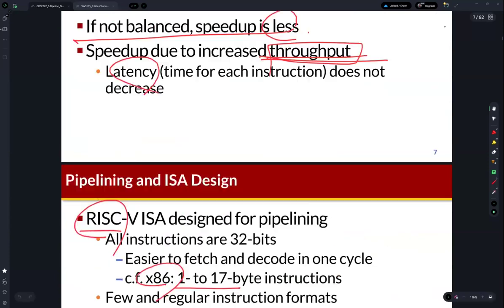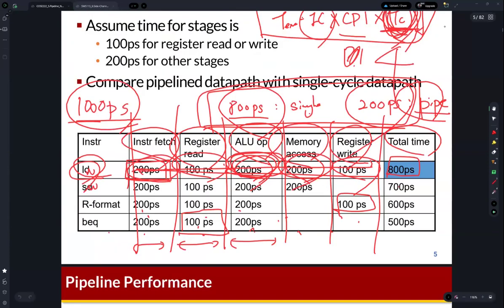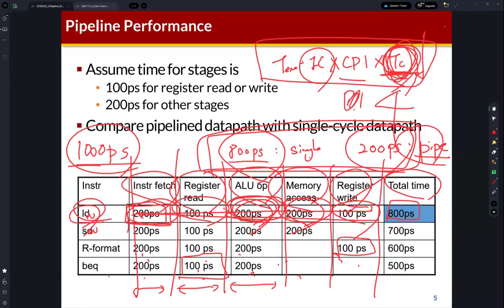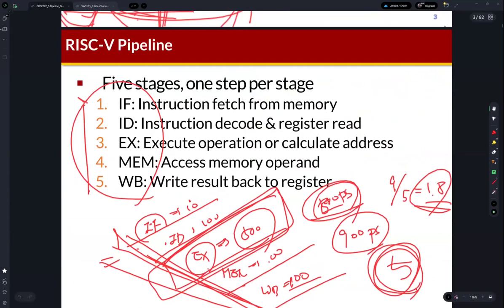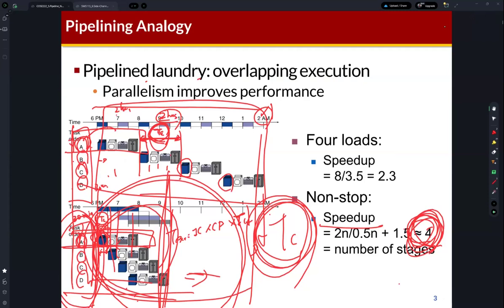In the previous class, we learned about the pipelining concept. This is very important. You need to understand it. But I believe it's not difficult to understand,